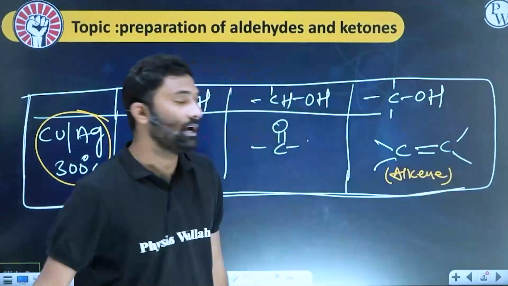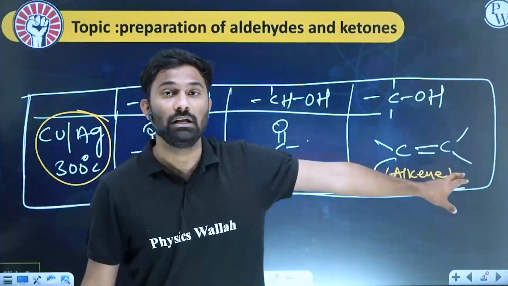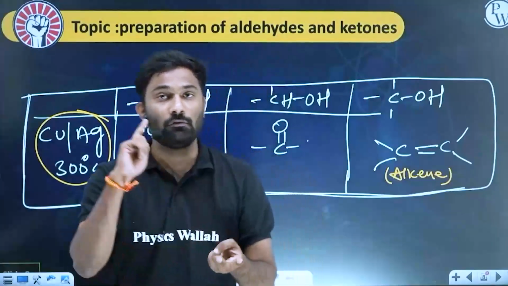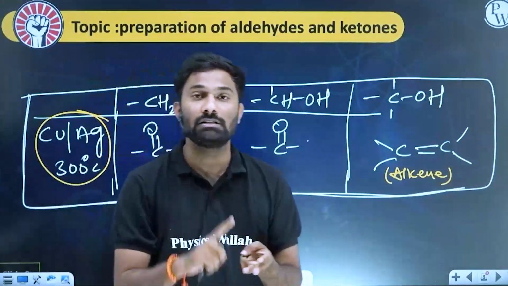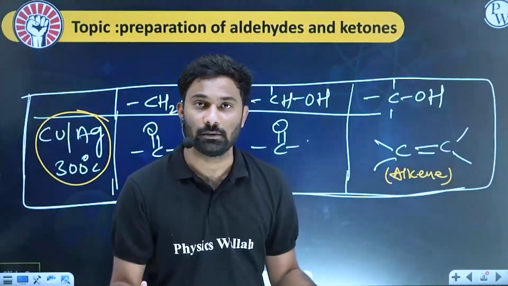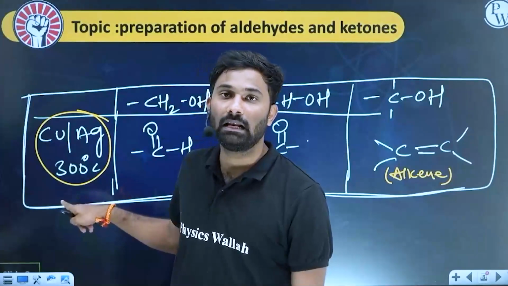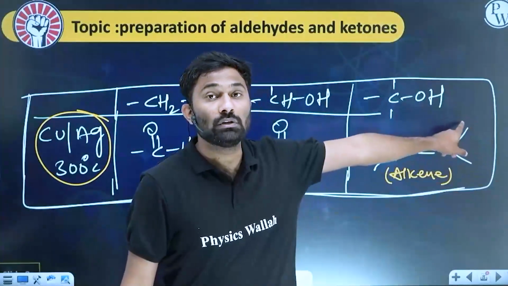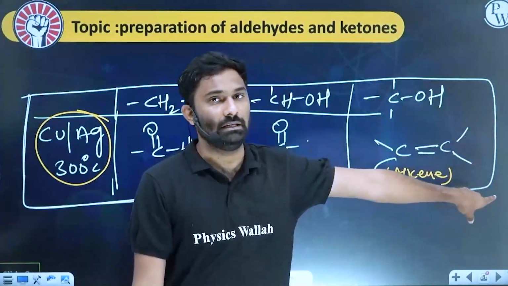Okay, it will give the alkene. You have to be very careful. KMnO4, K2Cr2O7, Collins reagent, PCC with the 3 degree alcohol will not react. Only it will react with the metal at high temperature, and that also will convert into alkene. Okay,